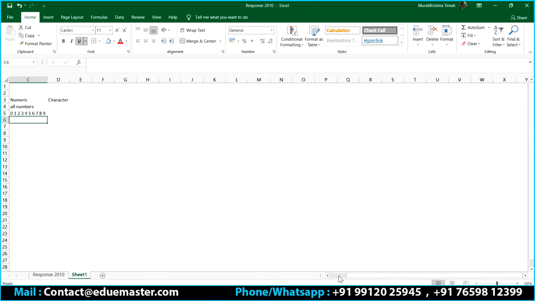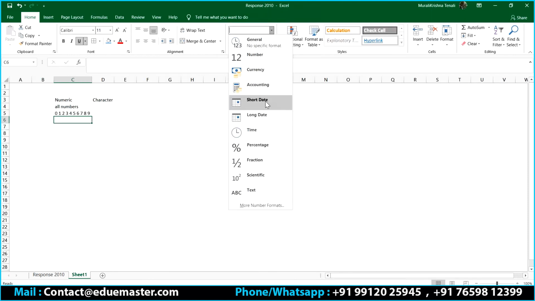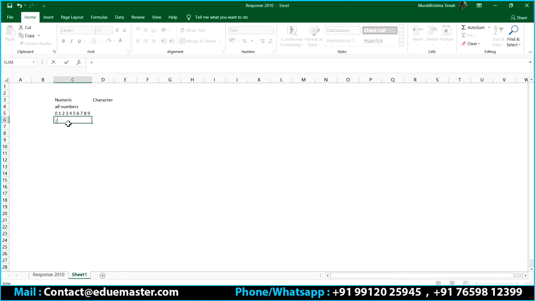Let me keep it in the text. To represent a positive number, I can make sure that it should accept plus, correct? And it should also accept minus because it's a negative number. It should also accept dot. The reason why it should accept dot means, just give me a second, it is not accepting this. Let me put it as a text. So I can have a dot, I can have plus, I can have minus.